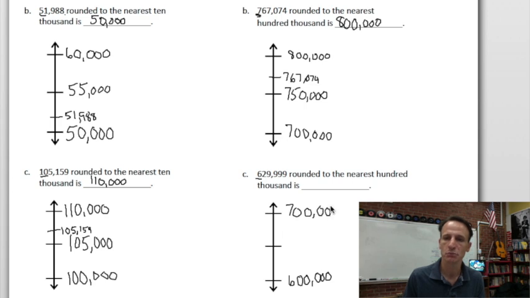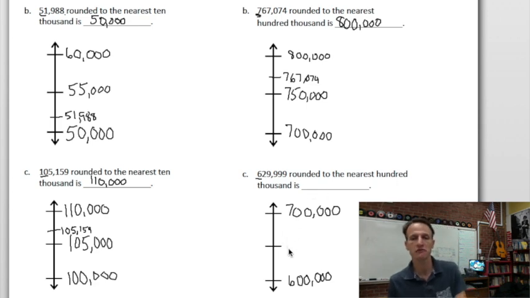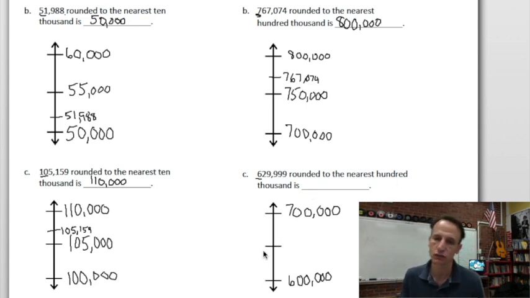And what's our midpoint? Well, we know when we're rounding to the nearest 100,000, it's going to be that 50. Because 50 is half of 100 is our midpoint. So from 600,000 to 700,000, the midpoint is 650,000. Now you see why we did a whole lesson on finding the midpoint. All right, now we can place our numbers. 629, where would it fall on here? Yes, between 600 and 650, so